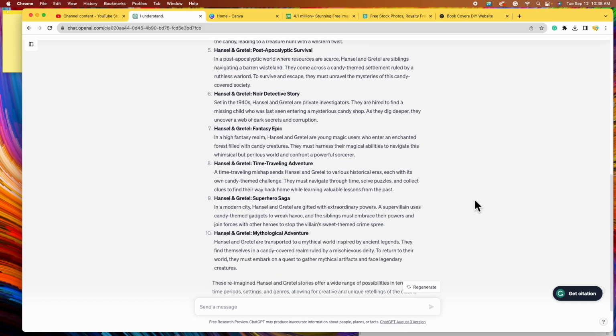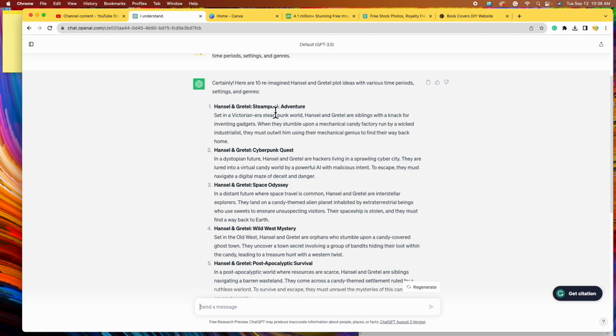The one that I'm most drawn to is, I would say, number 1, the steampunk adventure, because I think that would be a lot of fun. Their gadgets, maybe they have some sort of gun that shoots out gumballs or something. And this whole mechanical candy factory. So let's take this one here, number 1. Okay, so I'm just going to copy that one,